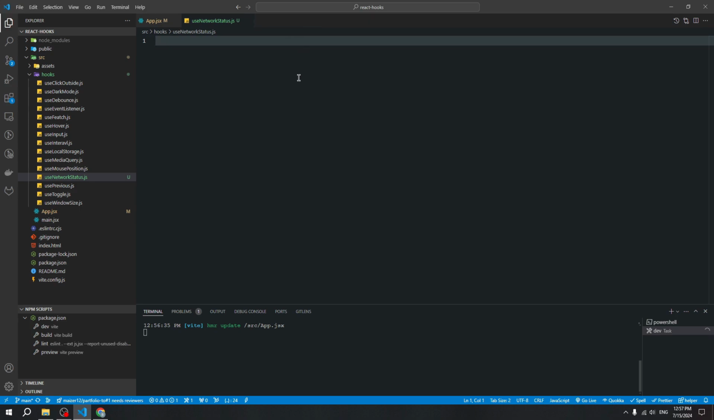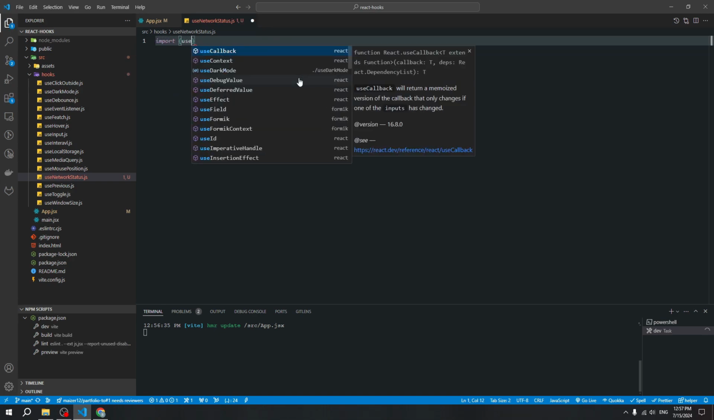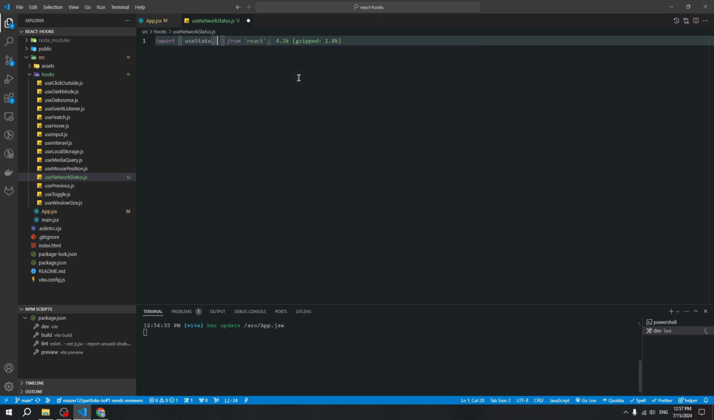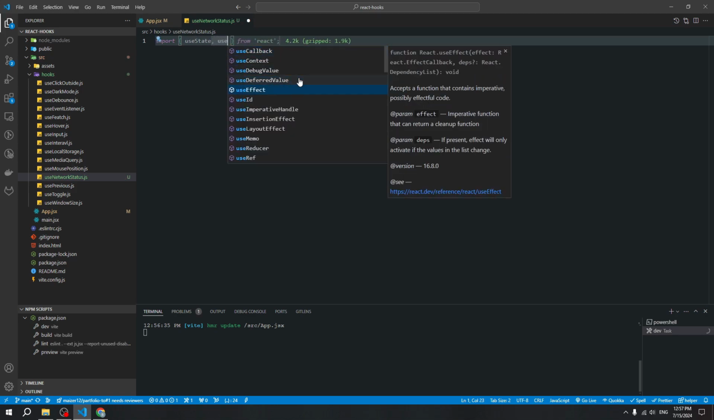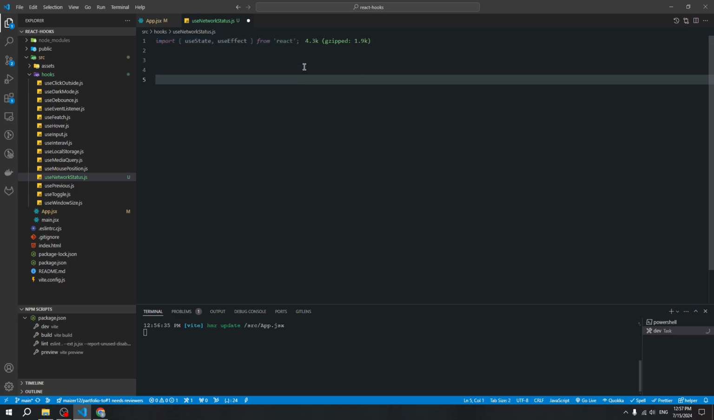Okay, and this time we need two React hooks. Import these hooks. We need useState and useEffect. Okay, and now we can start creating our custom hook. Create a new variable, and we can copy the name of our file and paste it here, and also create a function. This function won't have any arguments,